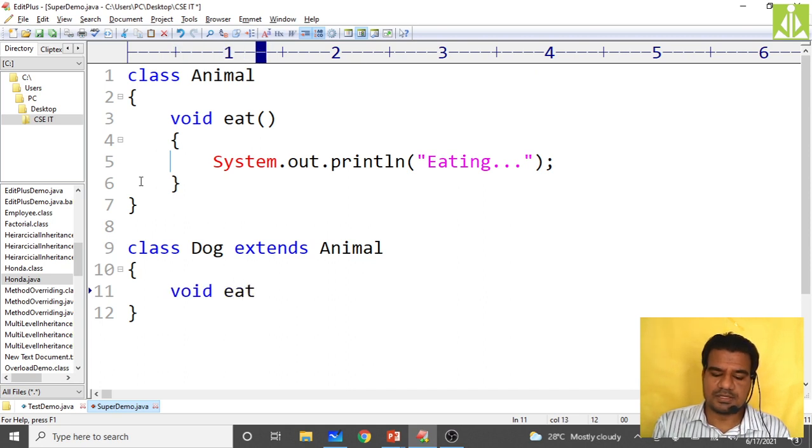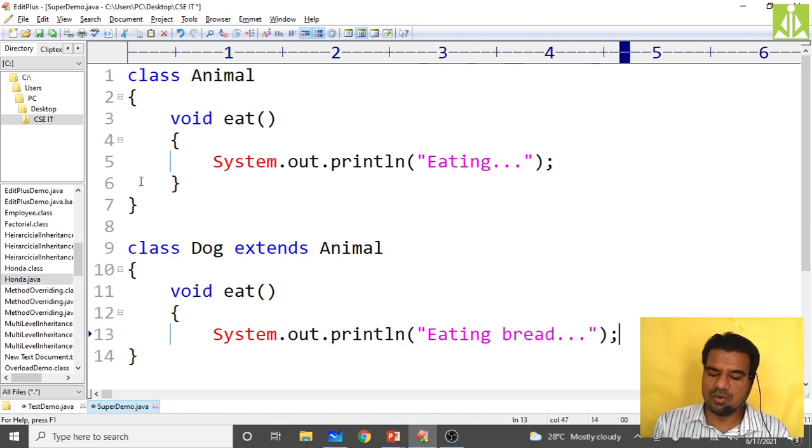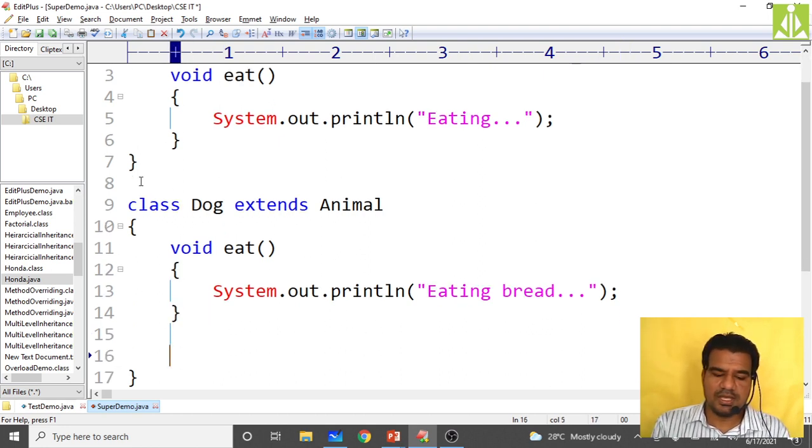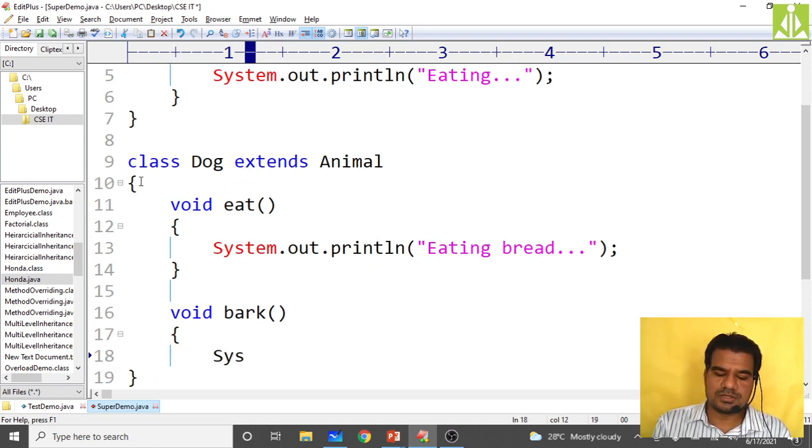Void eat method. The same method name I have taken over here. So system dot out dot println of eating bread, just to have a differentiation. Next, void bark, and in it you put system dot out dot println of barking.